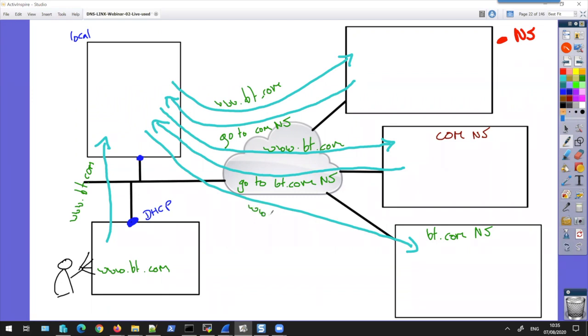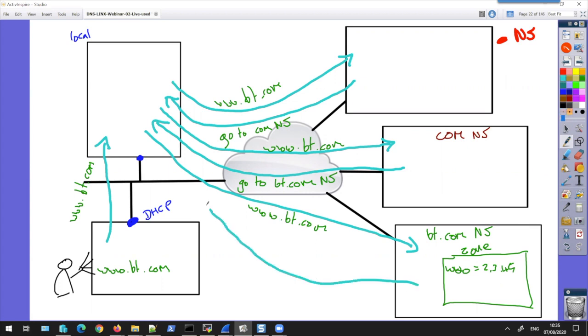www.bt.com, and of course it knows the answer, so it looks in its zone file. Inside the zone file it will find www equals 2345, and that answer is then sent back here. So now we finally have our answer,